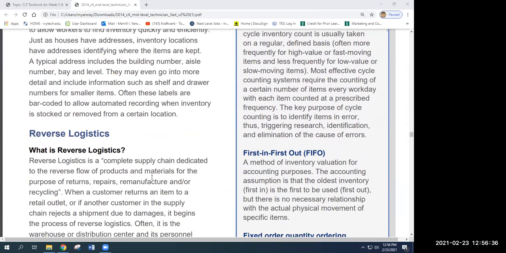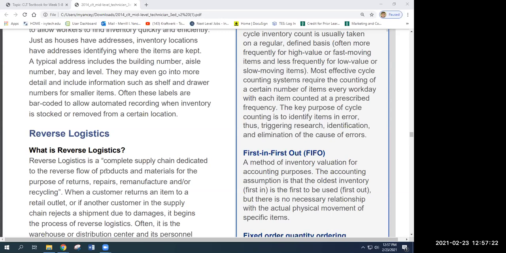We had to do a project in chapter 1 about your garbage and what in there could be reused, what could be recycled, and what was just straight up going to the dump. Reverse logistics is running through the cycle that we talked about for selecting an item and for packing it and for shipping it. It's doing it backwards, where that item, I didn't want it. And so now it comes back from shipping, it gets unpacked to check and make sure that it's inspectable and that it's still sellable, it's not damaged, and to see if the customer's complaint is valid, you know, to make sure that it didn't operate or it was the wrong size or whatever. And then it's put back into